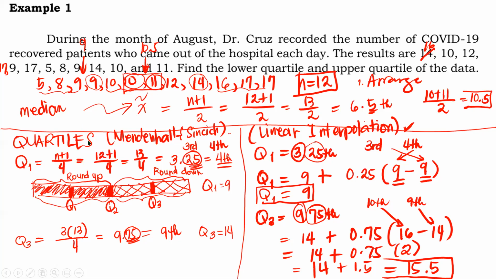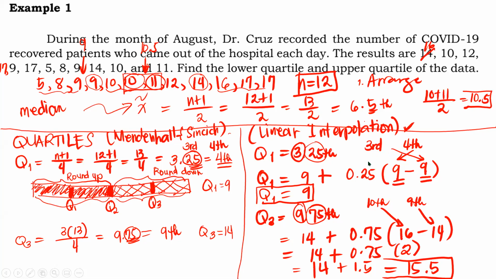So again, when we say Mendenhall and Sincich method, as you can see, nag-round up tayo, nag-round down. So ang tendency is hindi gaano ka-accurate yung ating first quartile and third quartile. While in linear interpolation, as you can see, kinukuha natin yung difference ng dalawang data. And then after that, i-multiply natin yan sa kung ano yung point something na kailangan natin i-compute. And then after that, i-add natin yan sa kung ano yung pang,